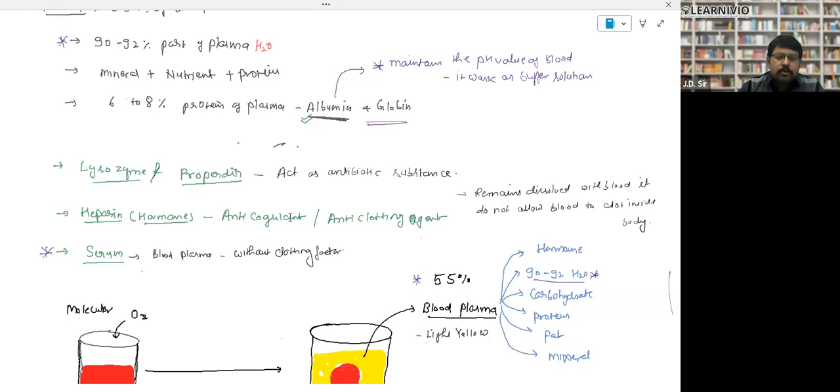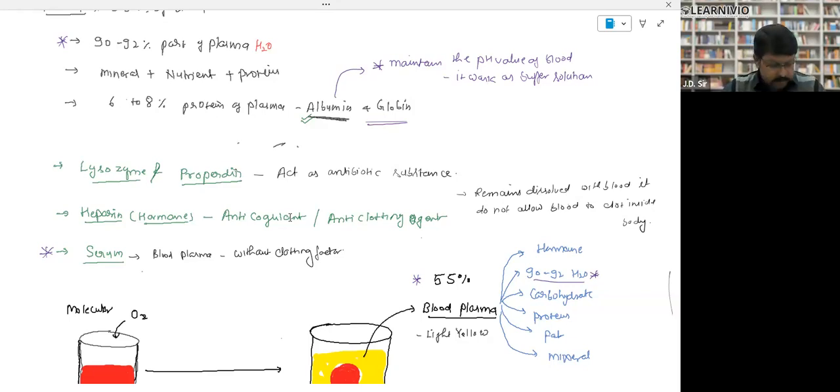Right. So this was all about the plasma. You may get a 2 marker question: write down what is blood plasma. This is an important question, so remember whatever we have written. And now you have to